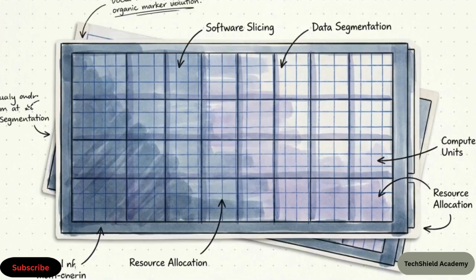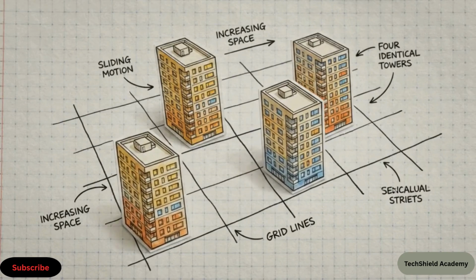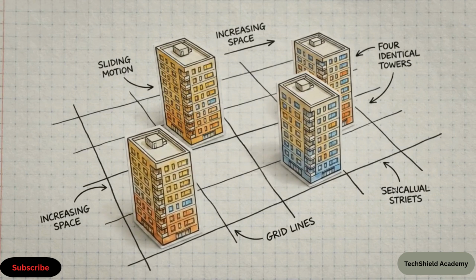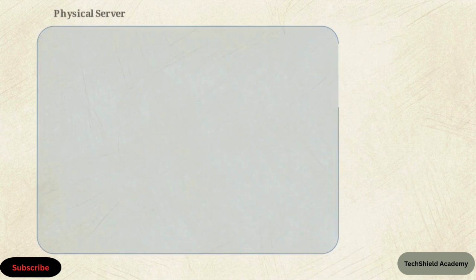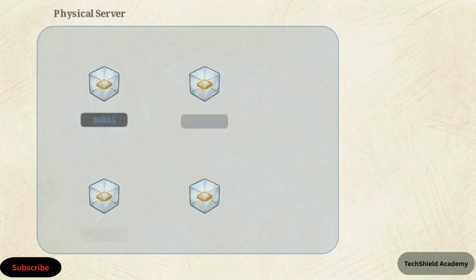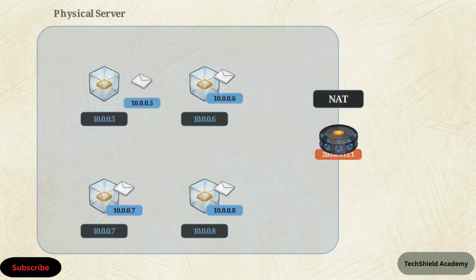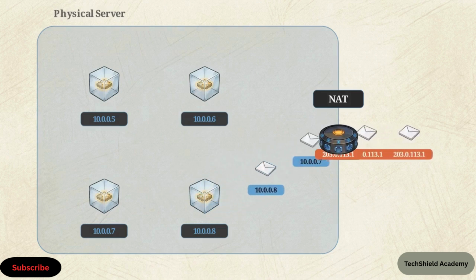The solution was a software called a hypervisor. It slices one large physical server into multiple isolated virtual machines, each acting like a fully equipped independent department. To let these VMs communicate safely, they are assigned private internal IP addresses. When a VM needs to talk to the outside world, it uses network address translation, converting those private addresses into